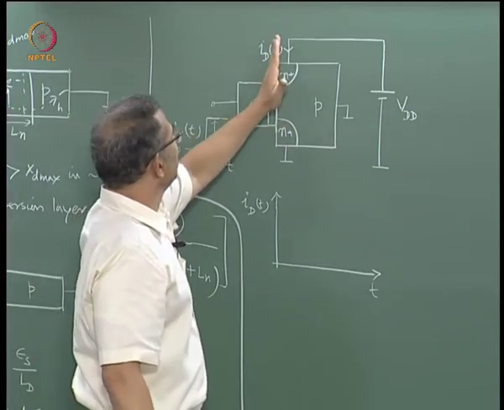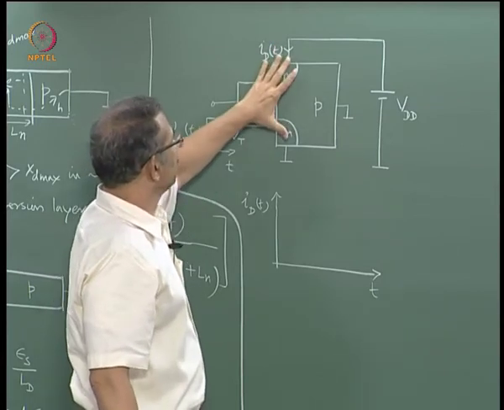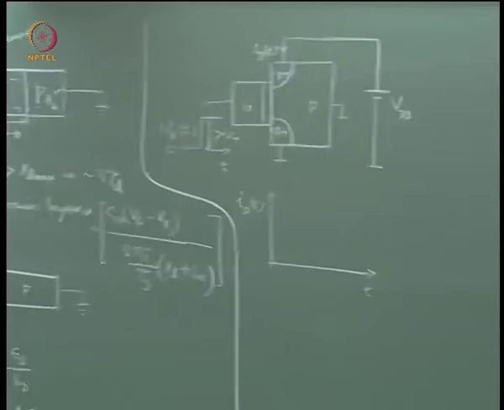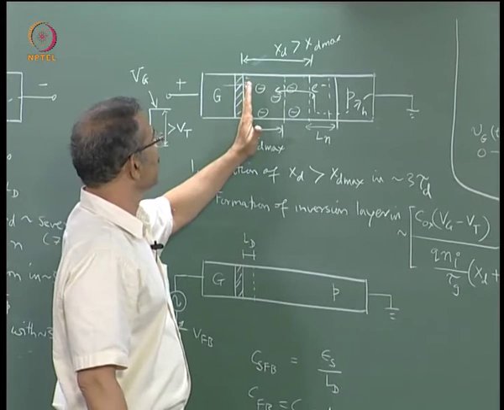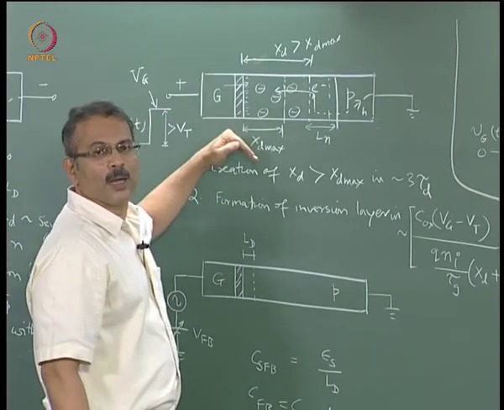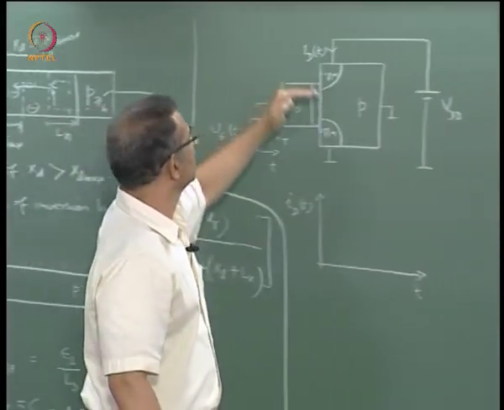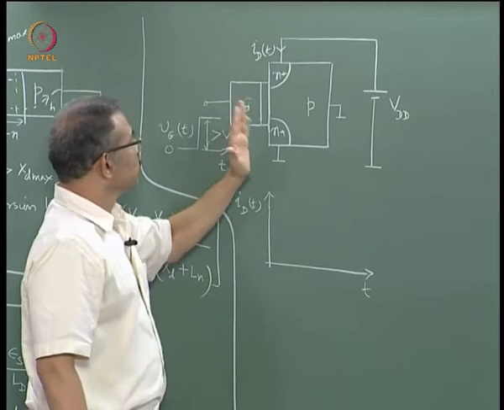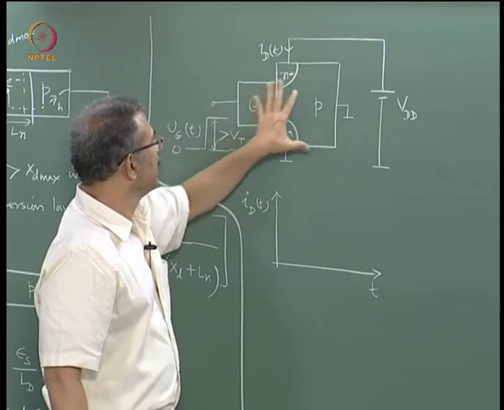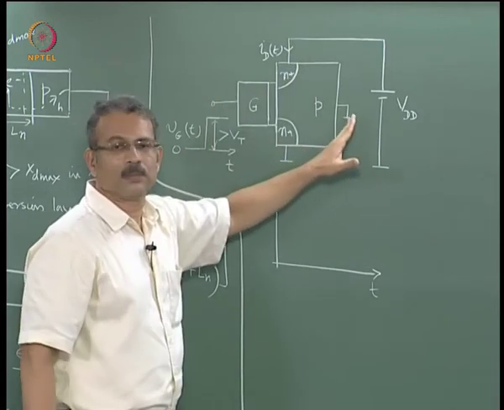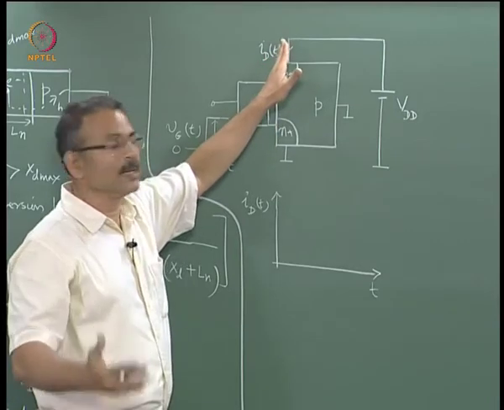Now when will you feel the drain current? So far we had not applied a drain source voltage. In this case, for example, even here the voltage was switched from 0. We talked about formation of the inversion layer and so on, but there were no drain and source contacts. So we are moving to a slightly more complicated situation where we have now put the drain and source contacts. So now the issue is not just formation of the inversion layer everywhere when you have a gate to bulk voltage. You have a drain voltage and you want to feel the current at the drain end.